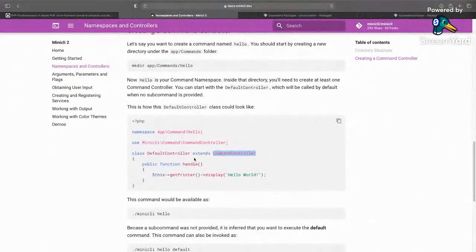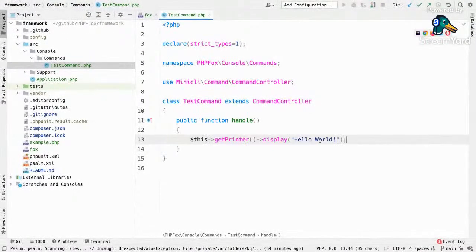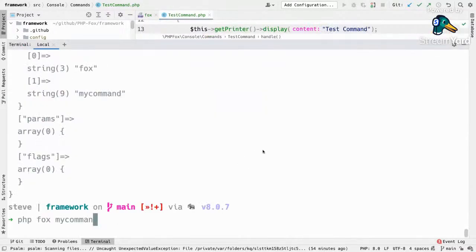So they're just saying this gets printed, display something. So we're just going to do that. We just do content. And so now if I come over to here and just do PHP Fox,